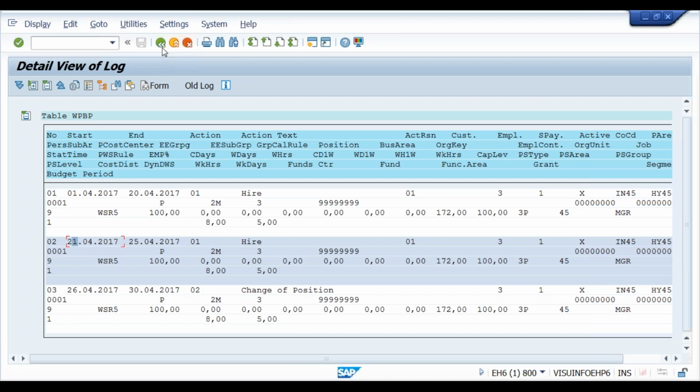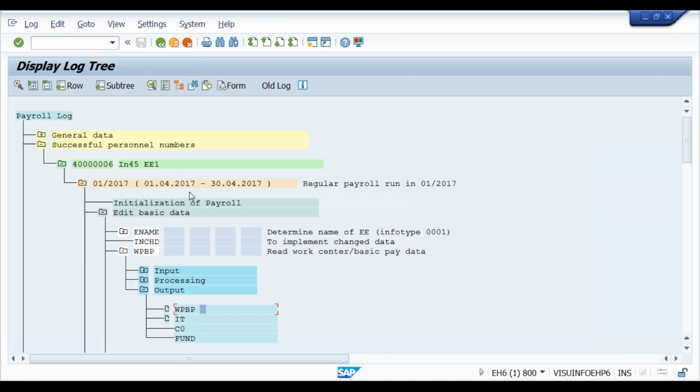Clear? So this data is very, very important. This WPBP data is very, very important. Whenever there is a change, the change can be anything: employee group, cost center, location, position, work schedule, or a pay grade. And every change might bring a change in the policy. When I say policy, consider this a PCR. For example, when an employee changes from contract to permanent during the middle of the month.